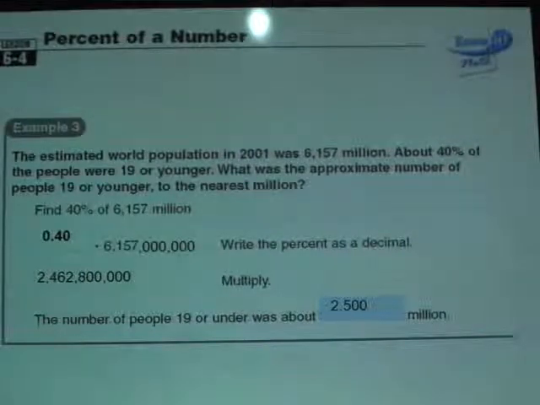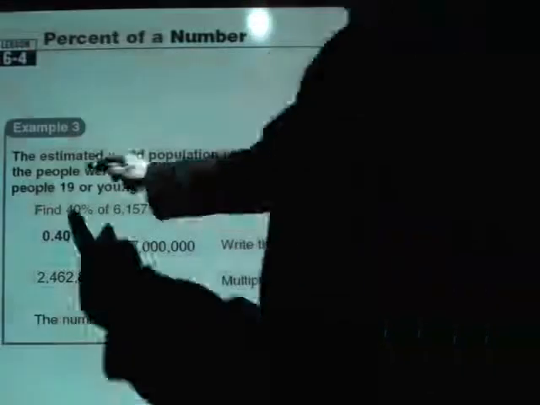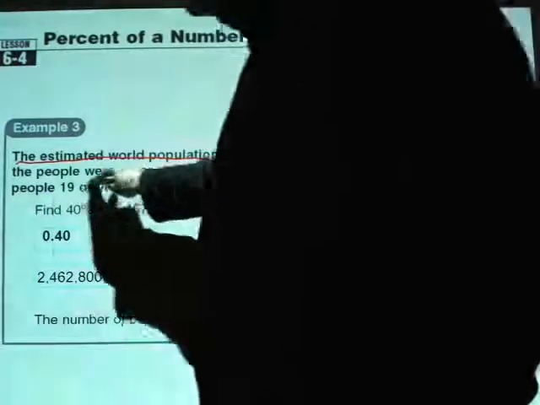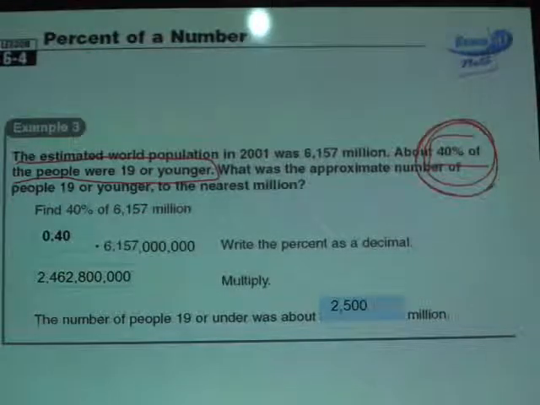So 40% of the people were 19 or younger. Key part being right here, this 40% of. 40% of the 6,157 million. So I'm finding 40% of 6,157 million, or 40% times